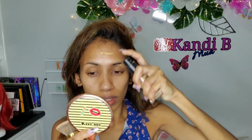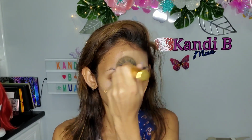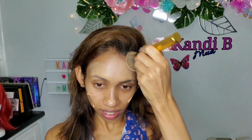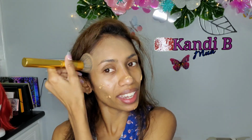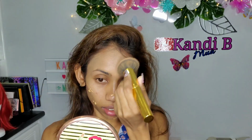Okay, so here we go. I'm gonna go right ahead and apply this foundation. Okay, that seems like about enough. So I'm gonna start buffing that in. Okay, guys. Straight away, there's a difference in how my foundation is applying with this primer as opposed to my other regular primers. The tackiness in this is really good. The foundation is actually